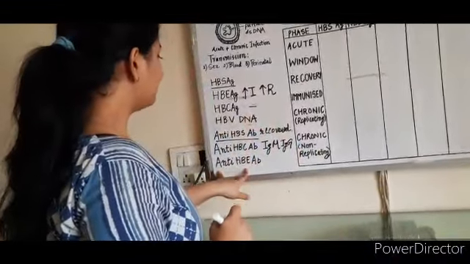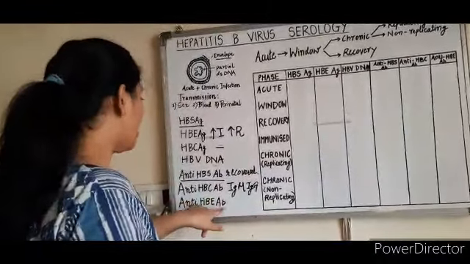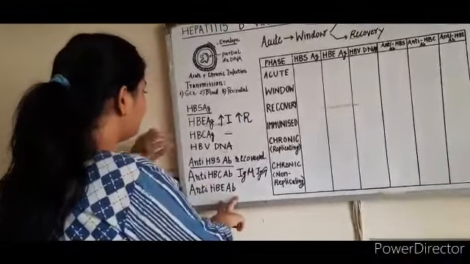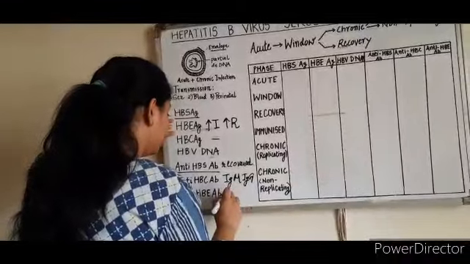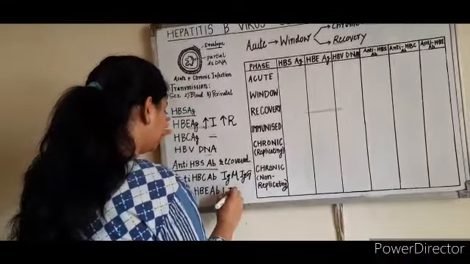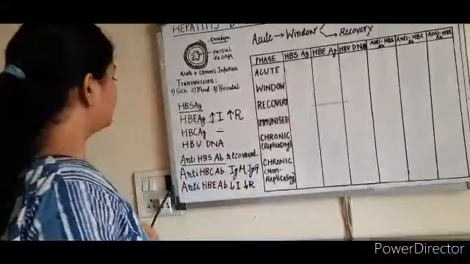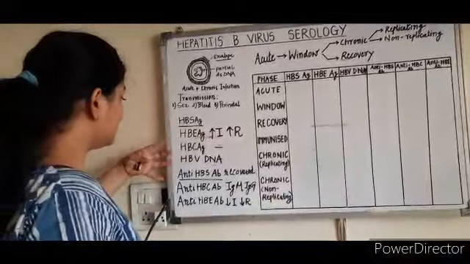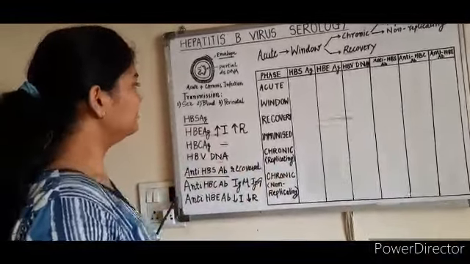And the last that you have is the anti-Hepatitis B E, or the envelope antibody. Now this antibody is the one formed against the envelope antigen, and should be formed only when you have decreased infectivity or decreased replicating potential. Correct? So further on we will be looking at all these different antigens, DNA and antibody in the various phases of the disease.